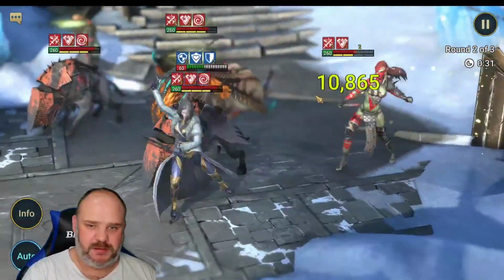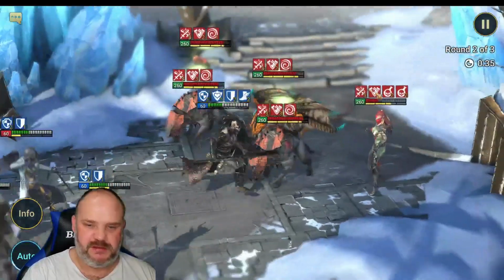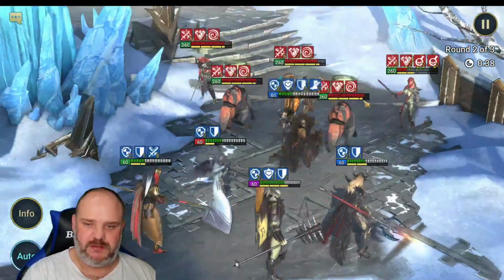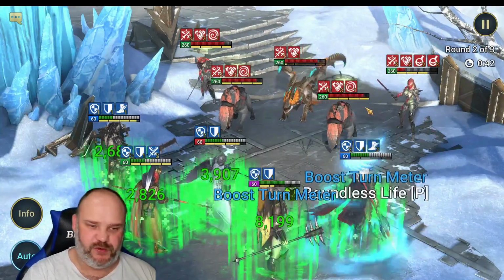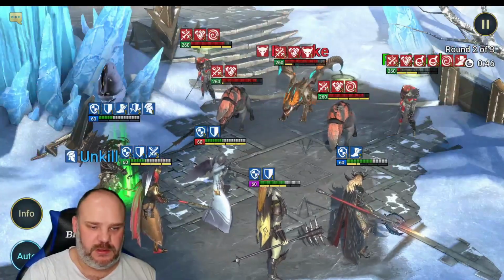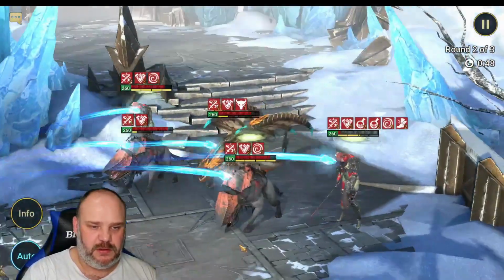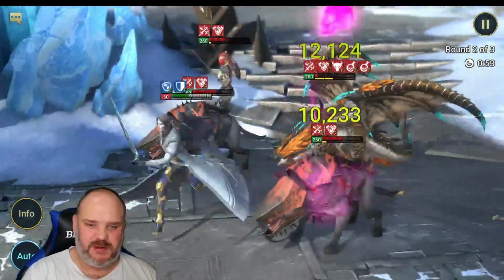36k on his A1, which is not bad considering he's not maxed out in endgame gear or any of that, or 6-star pieces across the board. There we go for the slaughter volley. 60, 62 on his A2 there,